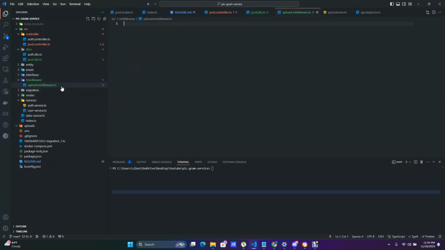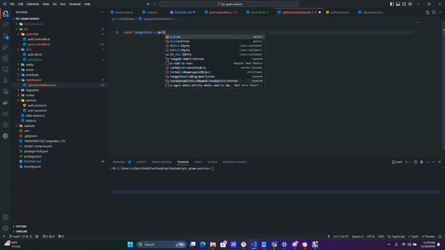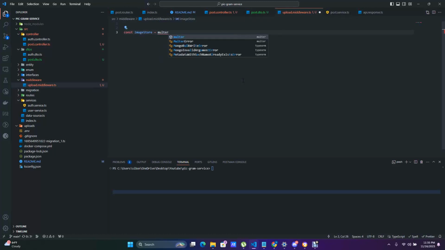So in our upload middleware file, this is what we're going to have. Here we'll say this is our image store, so we'll have something like image store equals to